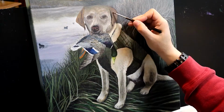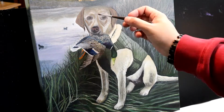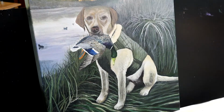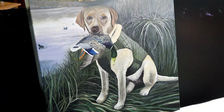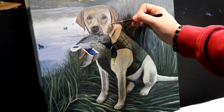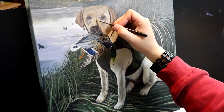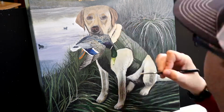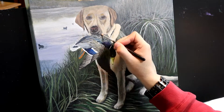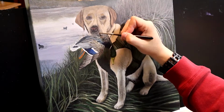And last but not least, obviously, the face itself, which is usually the last thing I do on dogs. The ears were a pretty easy thing to do here. You just basically put in some darker and lighter colors on the ears to make them look the way you want, and then working on the face itself, it's kind of a tricky deal of getting the shades right to give that dog's facial appearance what you want it to have, and most of these dogs have that kind of darker V looking shape there underneath the eyes that you have to work with a little bit,